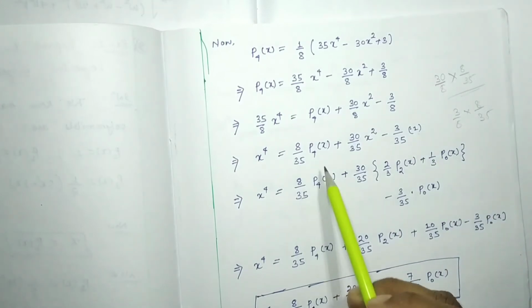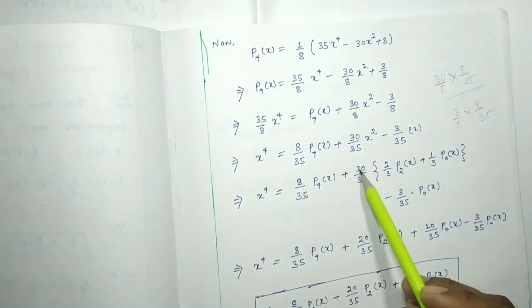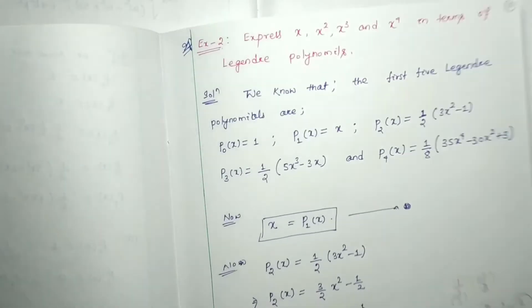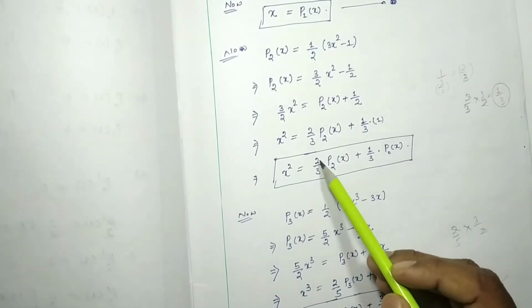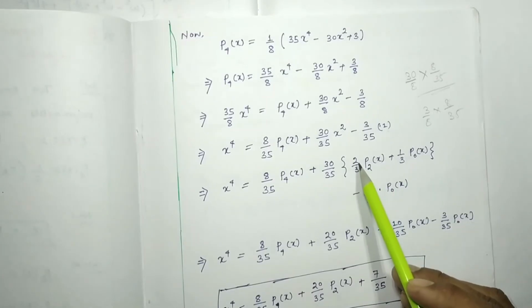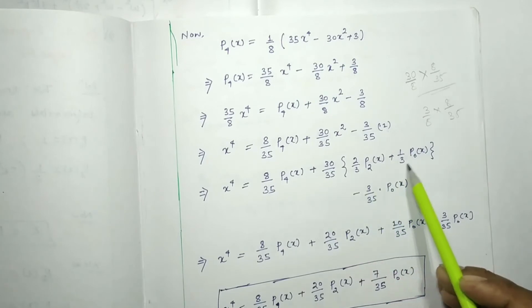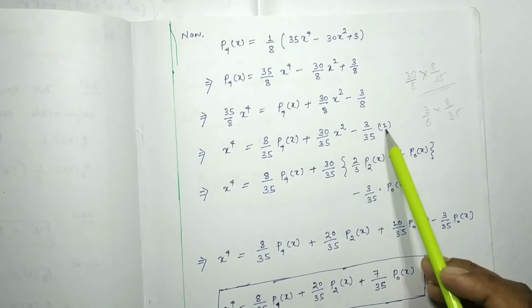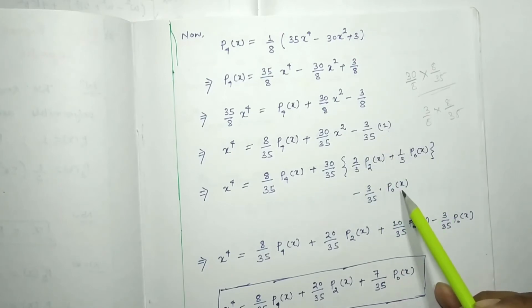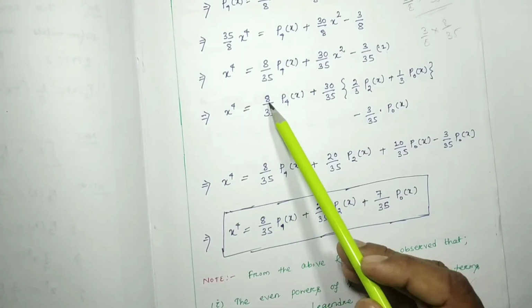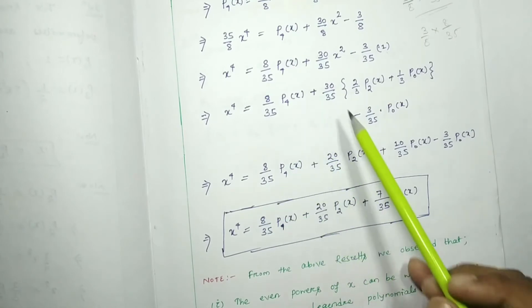So 8 by 35 P4(x) plus 30 by 35 x square. We already got this previously, we just have to substitute over there, that is 2 by 3 P2(x) plus 1 by 3 P0(x). Instead of x square we can write 2 by 3 P2(x) plus 1 by 3 P0(x), minus 3 by 35, where 1 can be written as P0(x). Okay, so that implies x to the power 4 will be equal to 8 by 35 P4(x) plus,